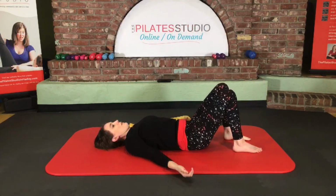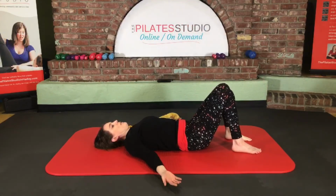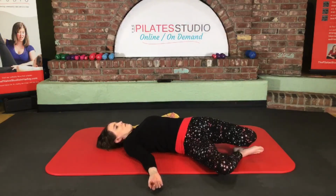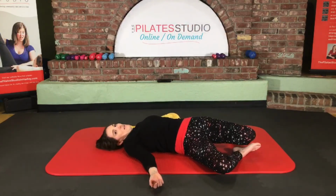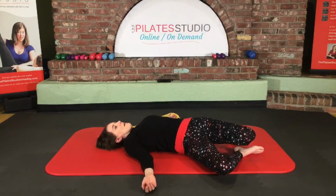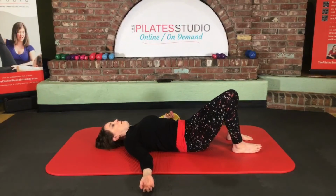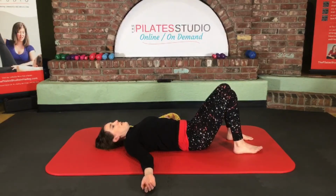All right, feet are on the floor, arms by your side, palms just facing up, out of the way. Drop both knees over to the right. Sink into that twist, that gentle twist through your mid-back. Then reach through your left hip to pull those knees back up to center, kneecaps pointing towards the ceiling, and